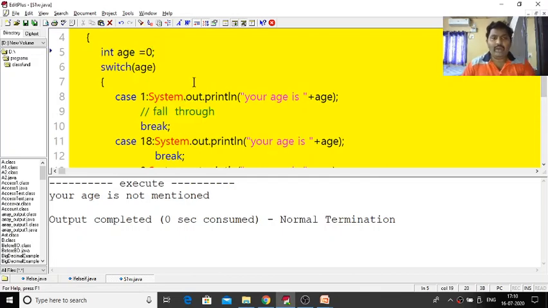One more thing I want to discuss here is that switch cases accept not only integers, they also accept characters. So based upon a character also, we can write a switch case. Here I have taken grade, and let us change the age to grade. Remove age, write grade,